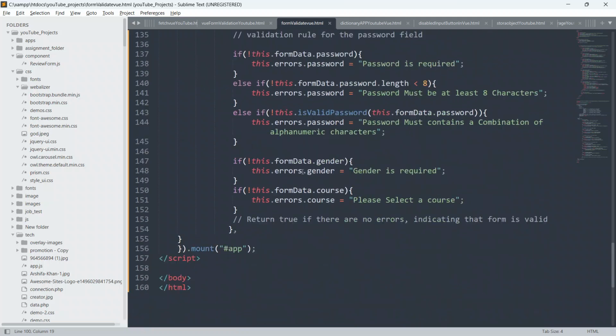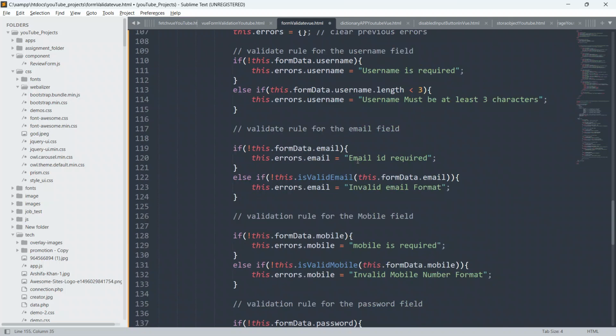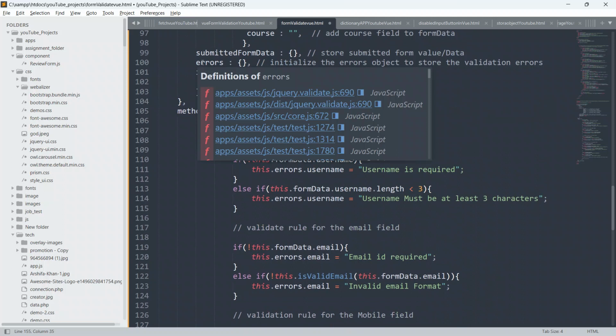Okay, so guys, now we are doing that only. Just below this I will say return. So we will say Object dot keys. As you all know, inside our object we have keys and we have values also. If we have a key, then we must have a value. If there is no key, which means the length of this errors object is 0, our form has been filled correctly, all the details have been filled correctly in the input fields of the form, and then we will let the user submit the form.